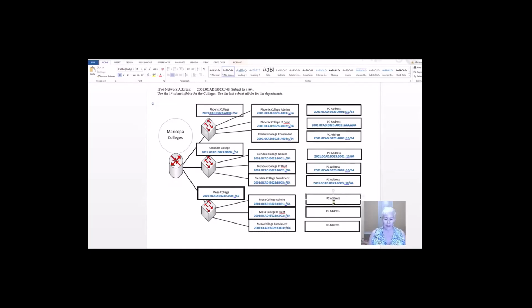Okay, and again, it would be exactly the same. I'm just going to shorten this a little bit, right? And I would give it a unique address, but it's going to have this 2001.